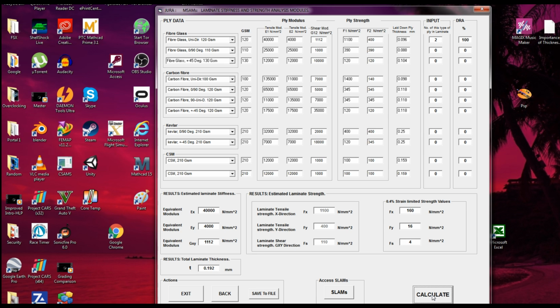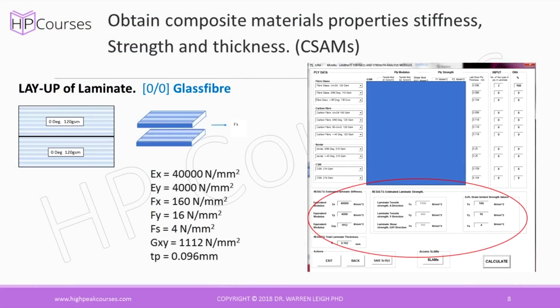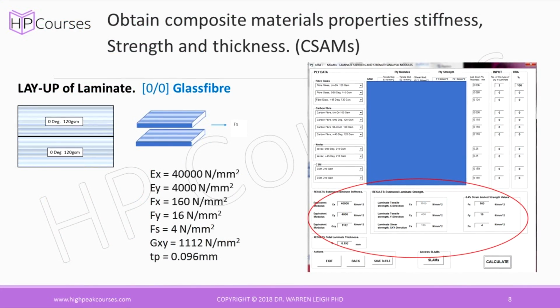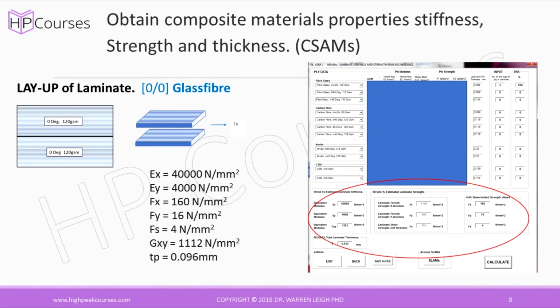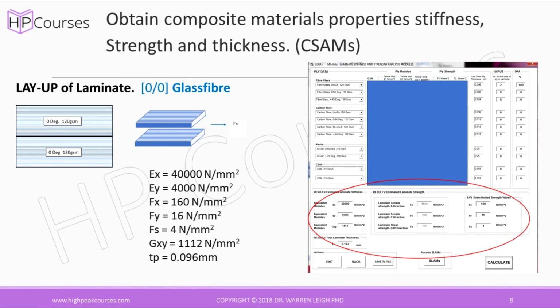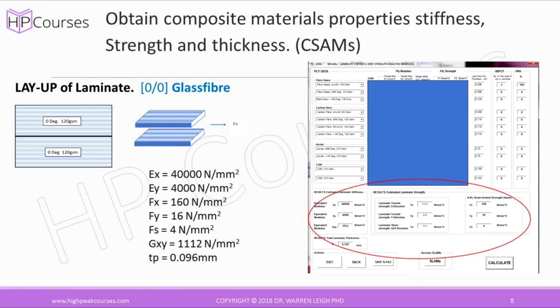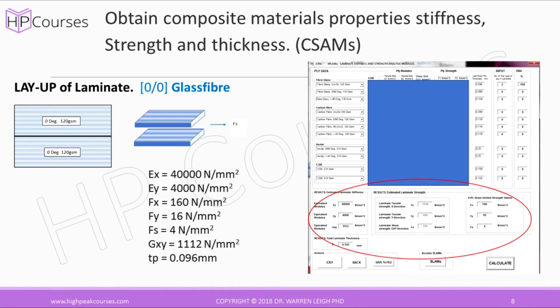The CSAM software gives us the following composite properties. The equivalent Young's modulus EXM equals 40,000 newtons per millimetre squared. Equivalent Young's modulus EYM equals 4,000 newtons per millimetre squared. The equivalent shear modulus GXY is 1112 newtons per millimetre squared, and the total thickness of this composite laminate is 0.192 millimetres. Now the strength of this composite is based on strain limitation, and CSAMs calculates the strength in